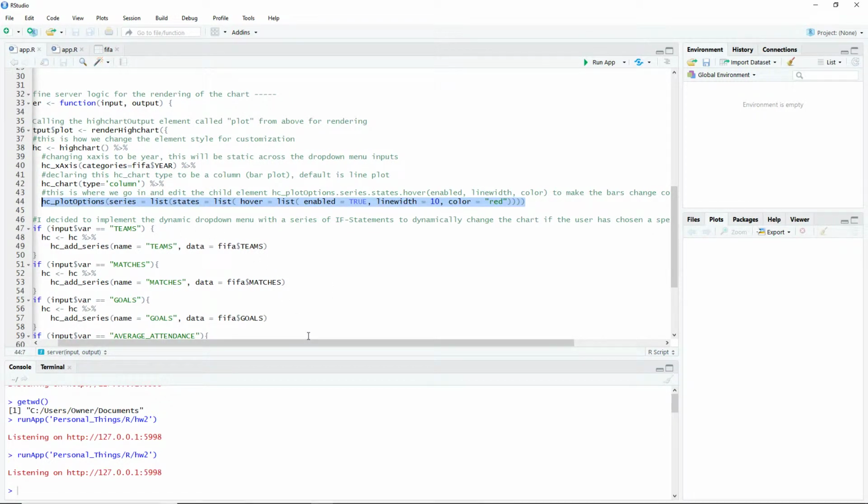This one simple line is a couple levels deep. This is how you call it. You go into plot options, and then you go into series, because that is essentially how you define it. You can have multiple series, like think of a line chart of stocks, with multiple stocks. Here we only have one series we're showing at a time, but you go into series, states,